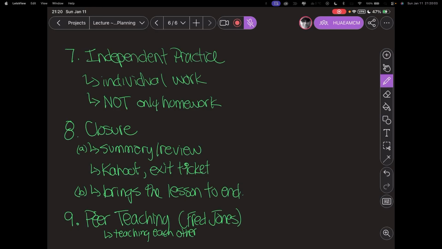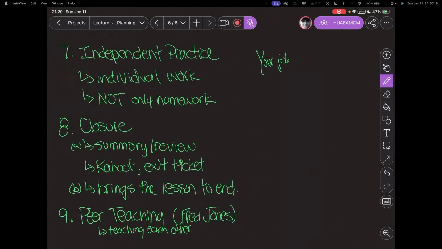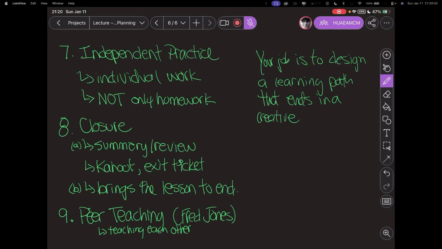Okay, and so using all of these steps, we can just say this, that your job, and this is in the TQS as well, your job is to design a learning path that ends in a creative or evaluative task.